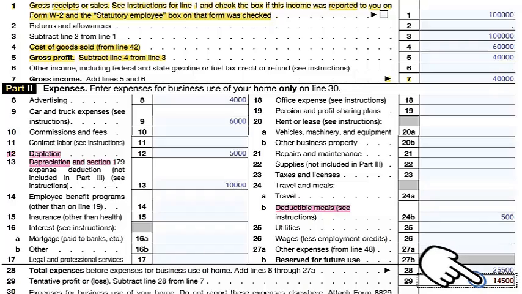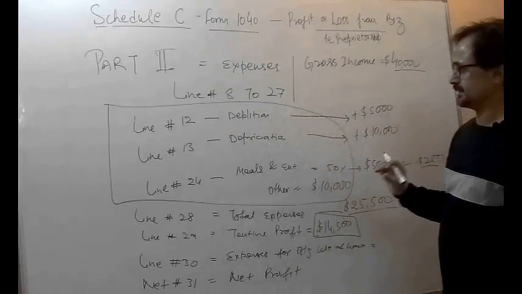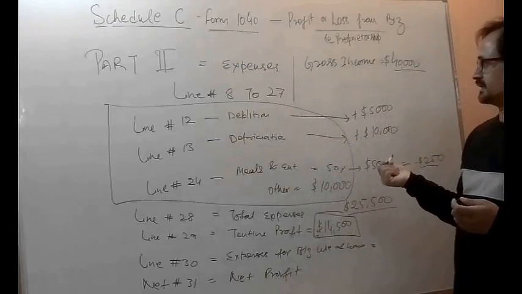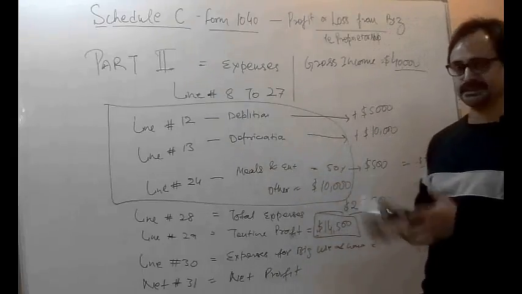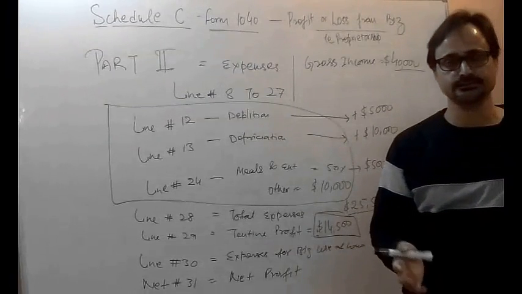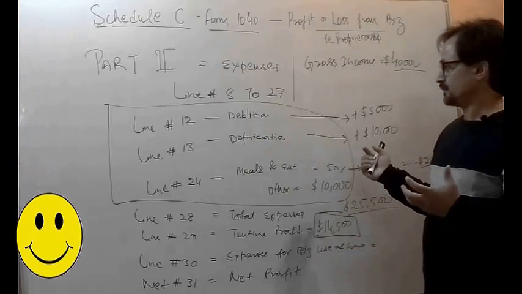But I'm telling you, we need to keep an eye on lines number 12 and 13. What are these amounts? Depletion and depreciation. Actually, these are not real expenses, but we assume that whenever we file the taxes, we take some credit from the government. That okay, we should not be